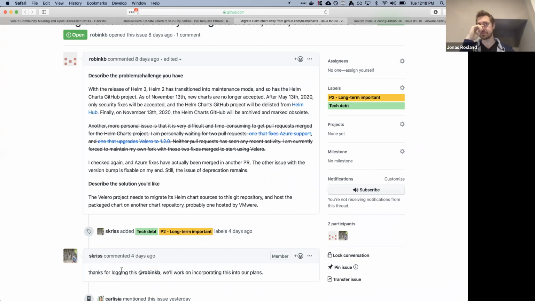So we could have helm.velero.io host the Helm charts for Velero, for instance, and then we would have Helm Sonobuoy.io, etc. I will say it will be slightly easier to have things in one repository, because then when we go and add it to the Helm hub, we just have to add one repository rather than multiple repositories. I don't think that's a huge problem, but it probably is a little bit nicer to have one repository. Sure, whatever works.